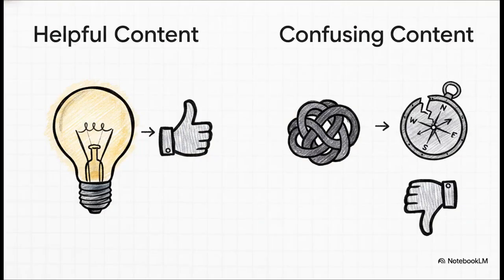Let's put this into perspective with a couple of highly specific, real-world examples. Say you're pulling your hair out over taxes, and you find this amazing, super helpful GST return filing video. It totally solves your problem. Boom. That is the exact moment to hit that like button. You're signaling genuine utility. But on the other hand, let's say you click on a video promising YouTube monetization tips, and it turns out to be total clickbait, just completely misleading. That's exactly when you deliberately use the dislike button to say, hey, this fundamentally failed to meet my expectations.